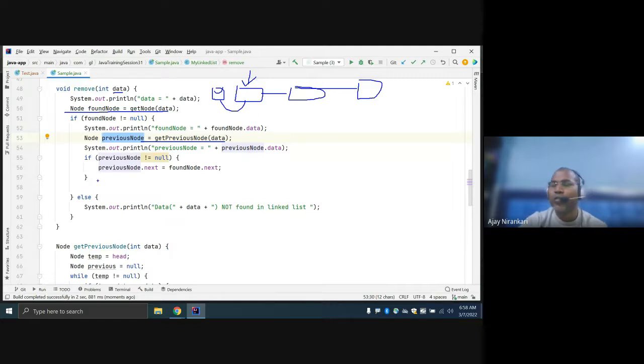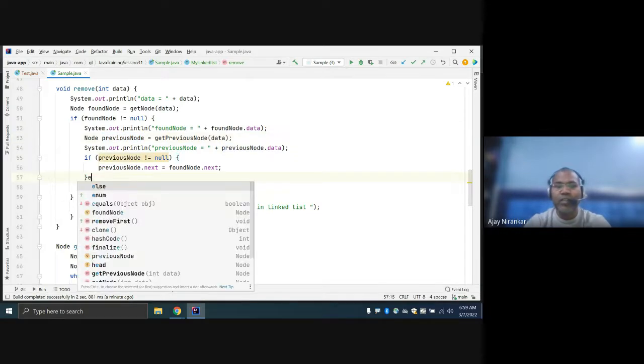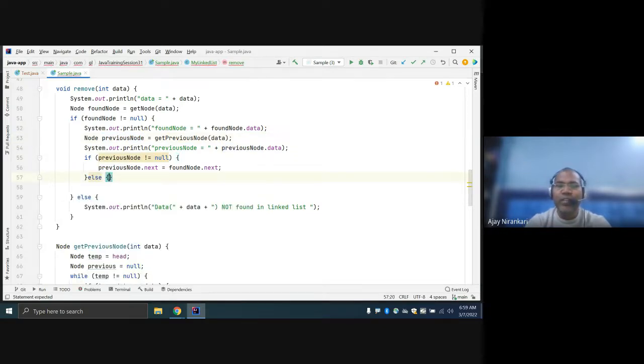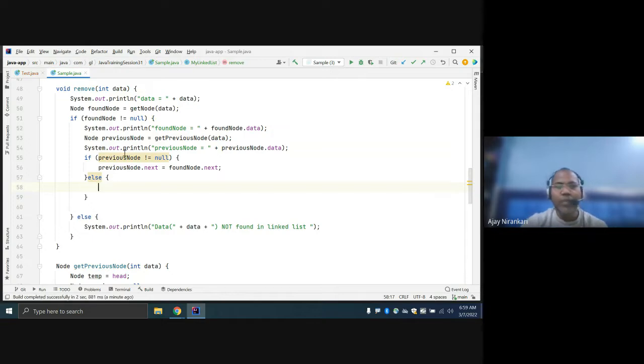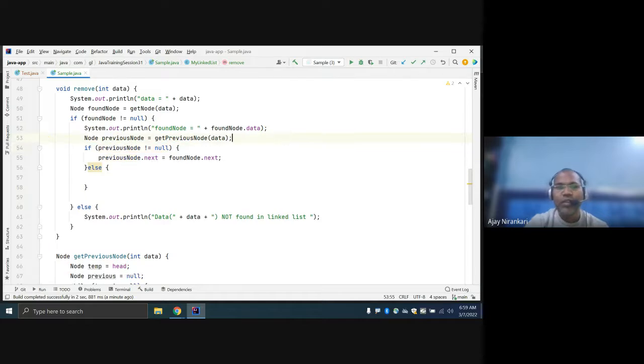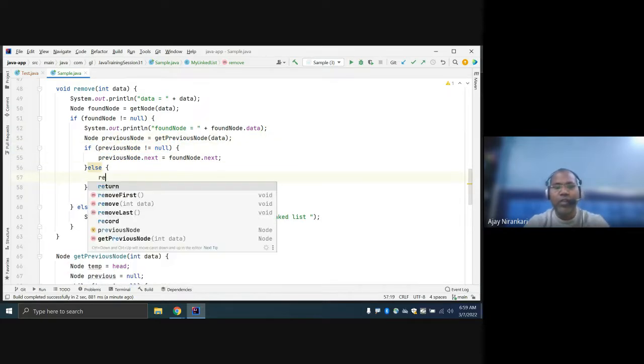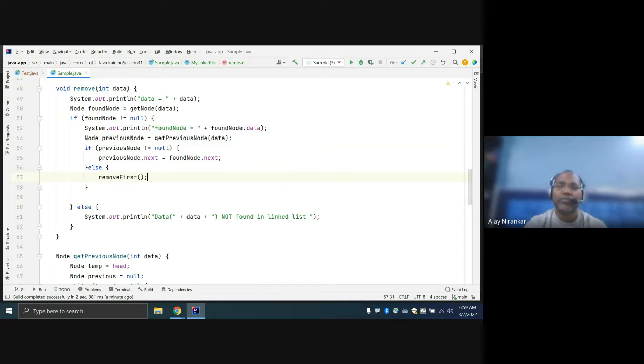You can just invoke the remove head method, which you already know how to do. Else if the previous node is null, then just invoke remove first.